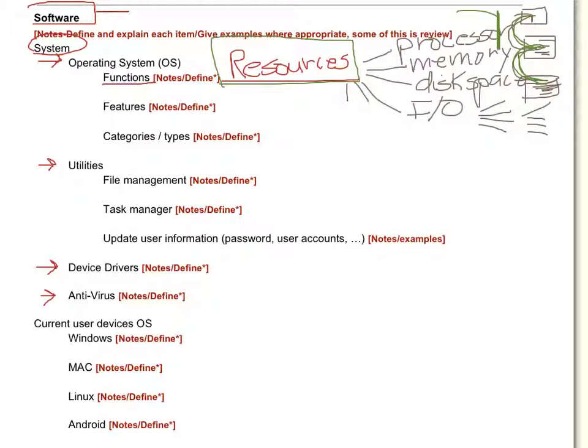Now, some of the features of an operating system. Well, I'm going to mention features in this realm. We're going to talk about graphical user interface. And some people still use this term, GUI, but there are all different ways that could be a feature. I mean, how do you communicate with the operating system? You don't see it